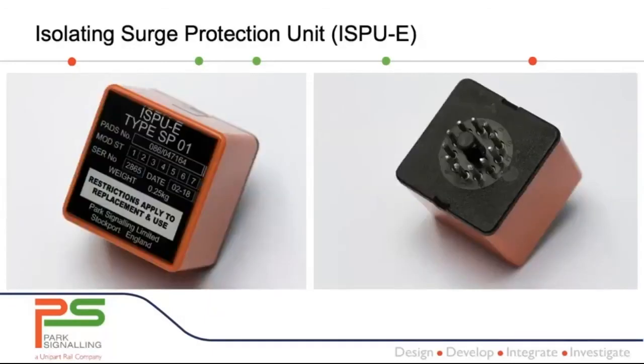What we then have here is the isolating surge protection unit, or ISPU-E. Version E is the version that's actually in use at the moment out there. So Park Signalling's isolating surge protection unit for SSI data links is an improved surge protection unit that incorporates a transformer to greatly enhance immunity to common mode surges and voltages, and it's plug-in compatible with units designed to Group Standard Engineering Standard 1937. So the unit itself, you can see on the back, plugs directly into a base